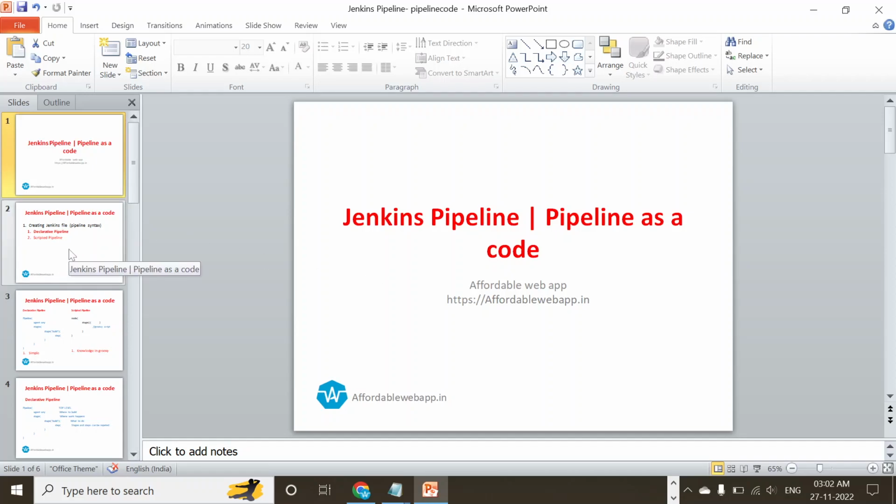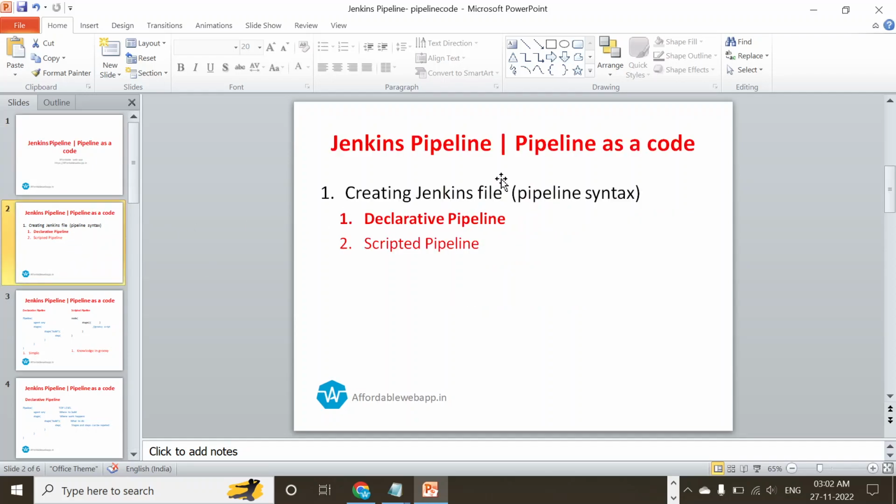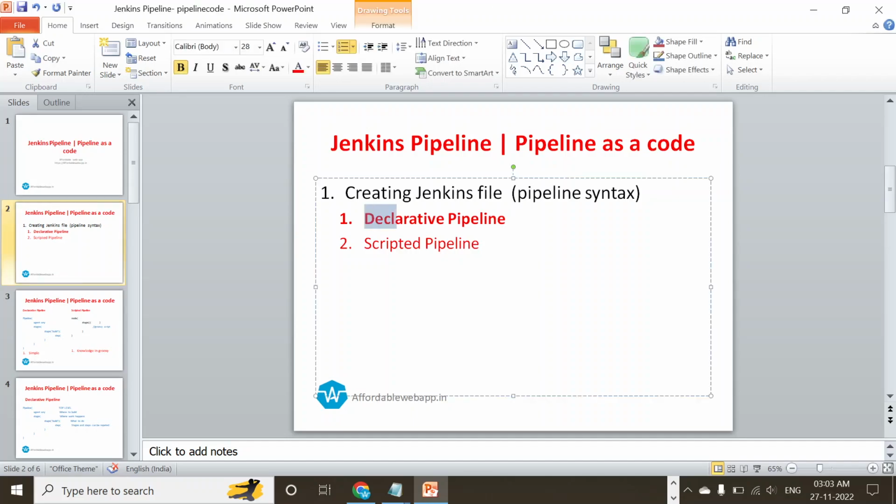So let's come down to the point directly. Usually when we create Jenkins jobs, we clone from GitHub and try to do a pipeline. So first we will see what options are available for us in Jenkins. To create a pipeline in Jenkins, we have a declarative pipeline and a scripted pipeline. Today we're going to discuss